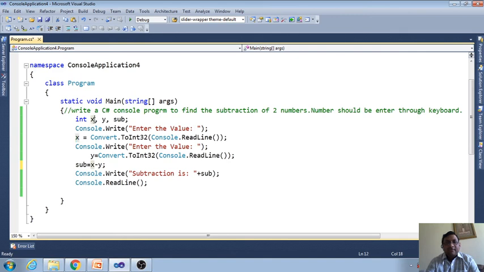If our variable name is changed here, you have to change it there. Whatever variable is here, you have to write the variable there. So x equals what? Convert.ToInt32. Why Convert.ToInt32? I told you, because when we take data from the keyboard, the data becomes a string, and string data we cannot store in an integer variable. That's why we have to convert.